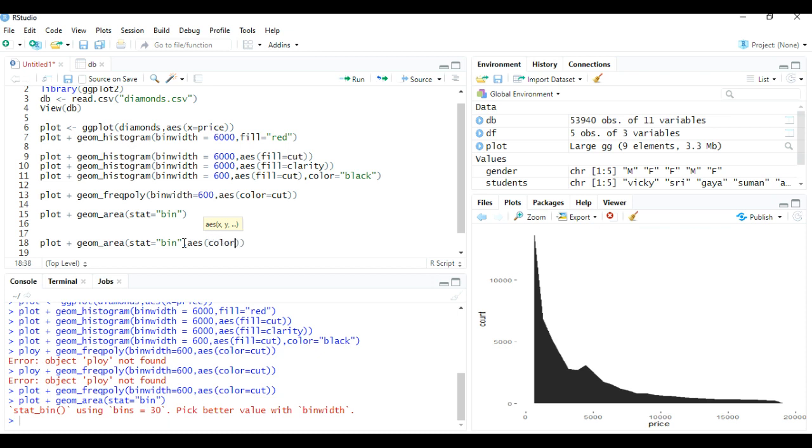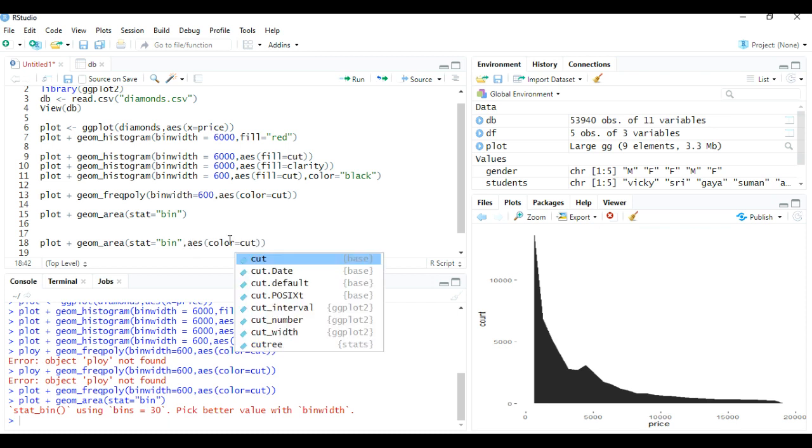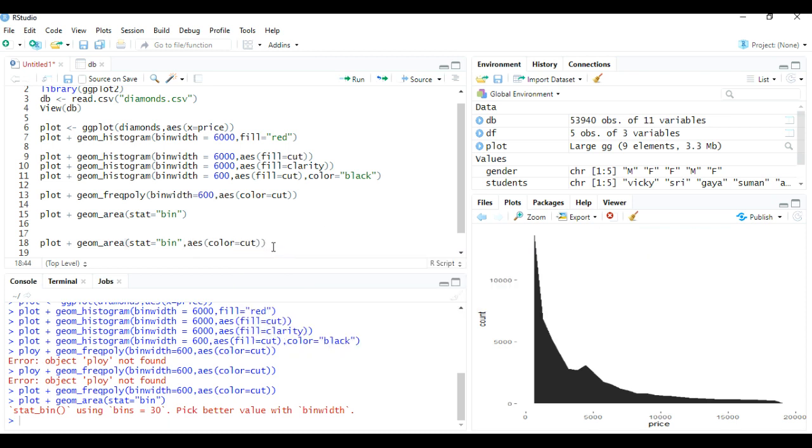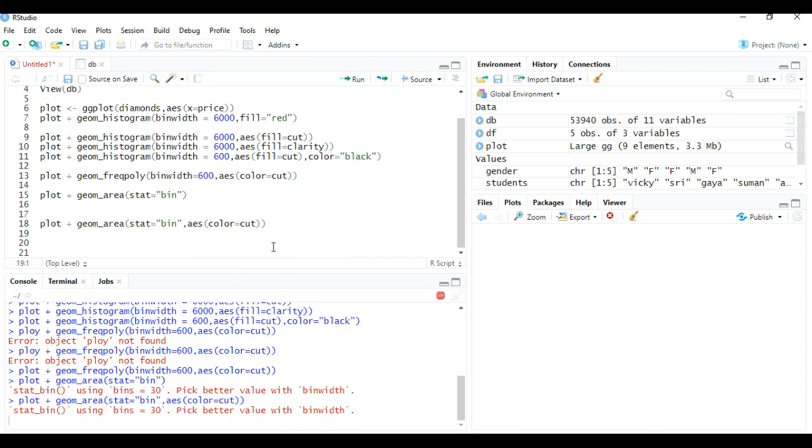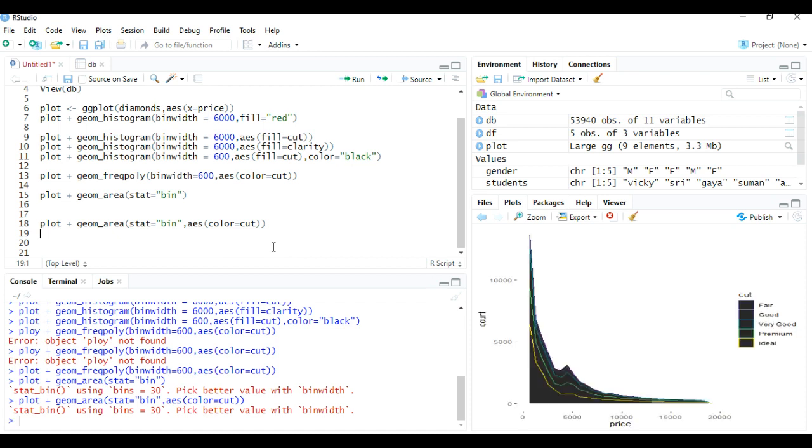So color equals to cut. Now let's run this line and see what output we are getting. Sorry for the delay. Yeah, we got an output. You see that different lines are showing the different prices like fair, good, very good, premium and ideal.